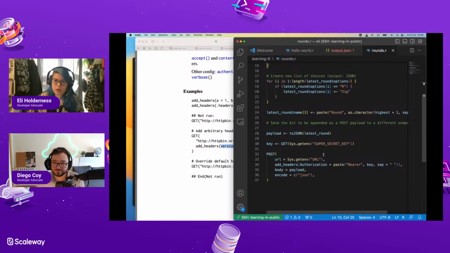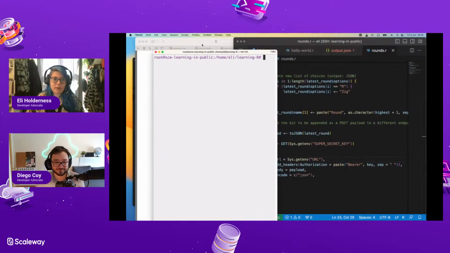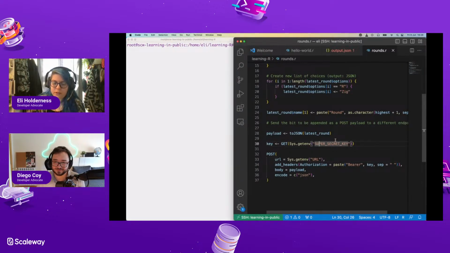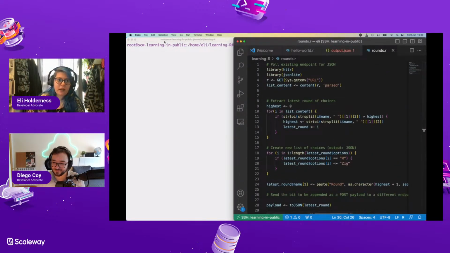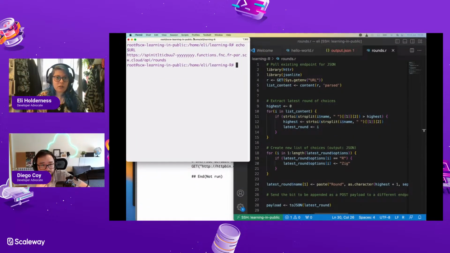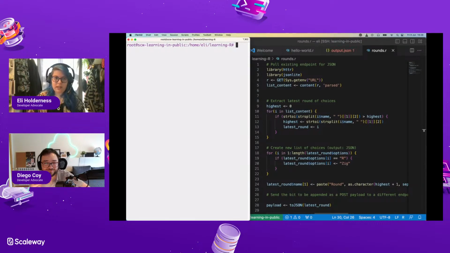Let me Sys.getenv URL. You can just put back the terminal. I'll change all the values after this. No worries. Yeah, let me just. That's so strange. I think I've done a goof somewhere. Let me echo URL. No, that's correct. The URL is correct. Not that anybody needs to see it.